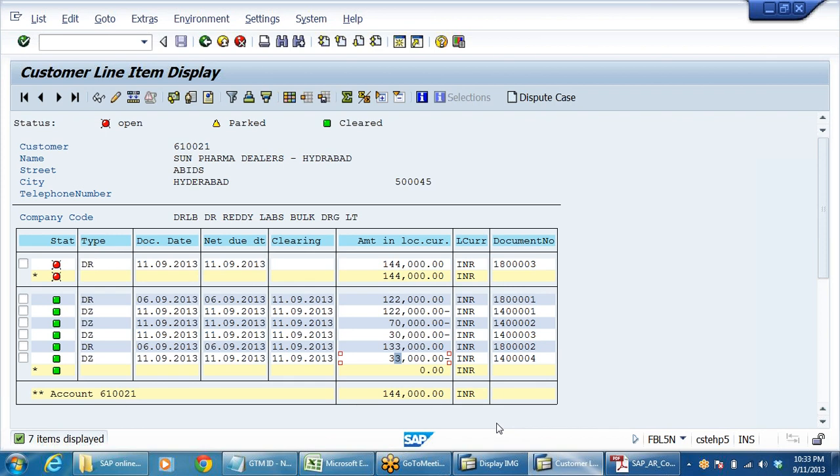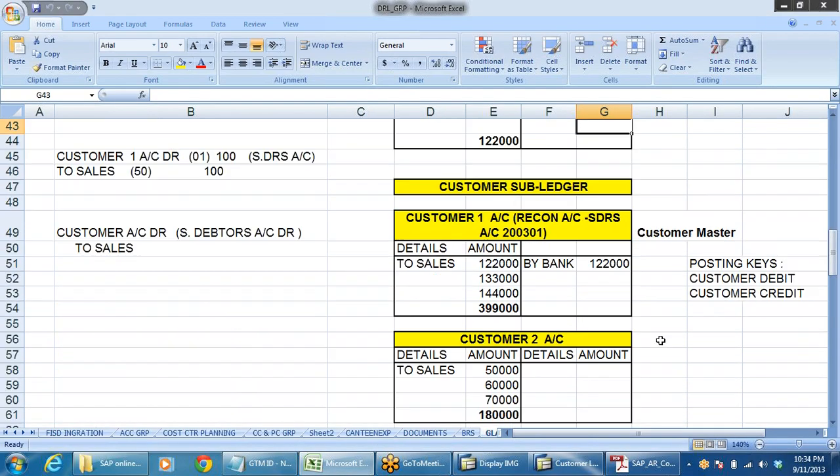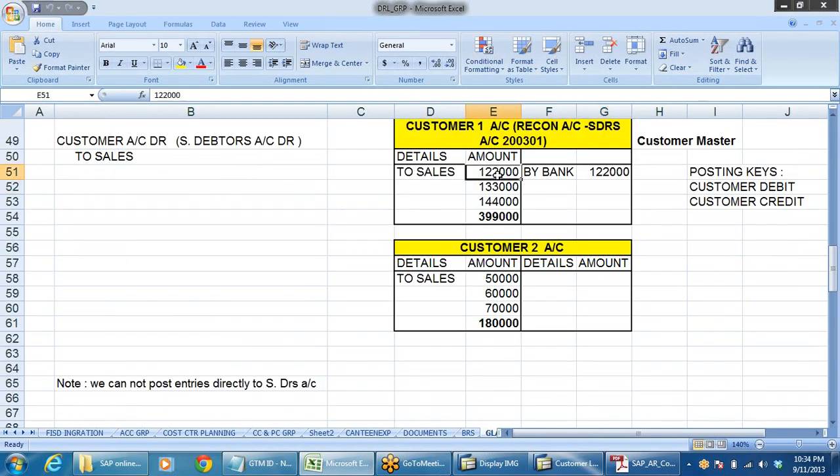So though this is a tedious job, I know that it is a bit difficult. Why is this required? First of all, simply what I can do is, in case of manual accounting system, what people used to do, say in case of customer account, say 122, 133, 144, three invoices are there. What are the payments that I receive? Whenever I receive payment, what I will do,